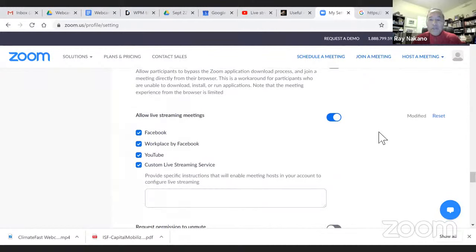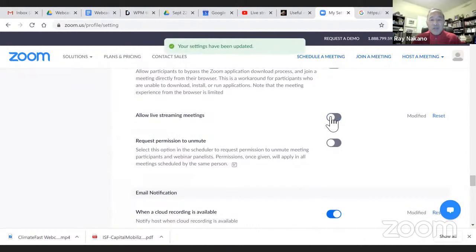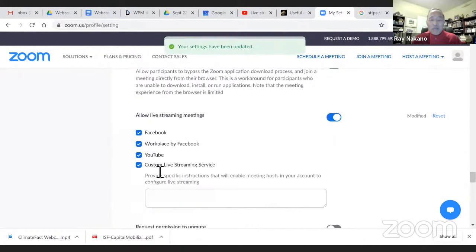This one is really important. So these settings, unless you have these turned on, I can turn off like that. Okay. So I lose the capability of doing a custom live stream. I usually check off these other ones, Facebook, Workplace by Facebook, and YouTube, just in case. If something goes wrong with your custom live stream, and for whatever reason it gets messed up, you'll have at least YouTube or Facebook Live to fall back on. Now you'd have to communicate that to all of your audience, all your participants, but at least you have a backup. So I always try to make sure that those are all ticked off.